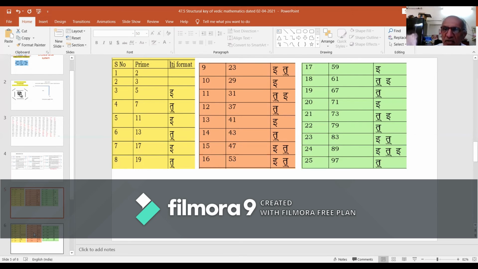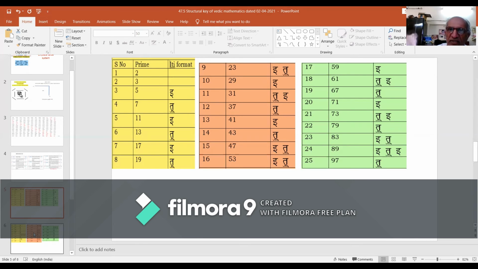Now, the sequence 2, 4, 2 is being tabulated in the third column. Column 1 gives the serial numbers of the primes, column 2 gives the primes, and column 3 gives the sequential organization